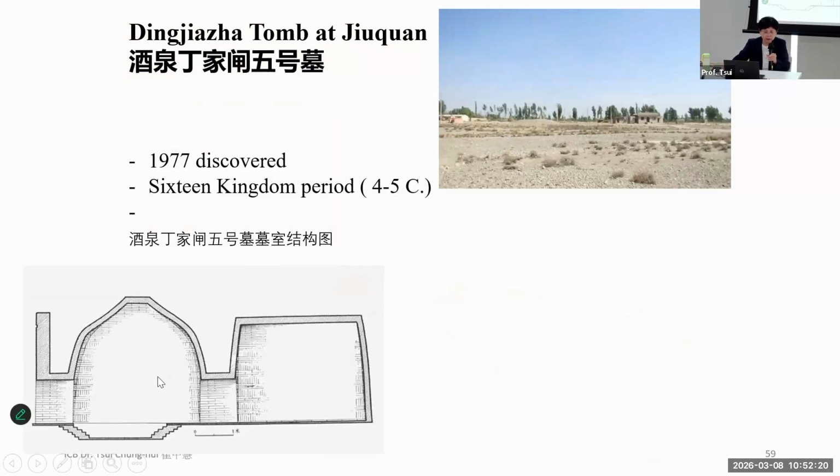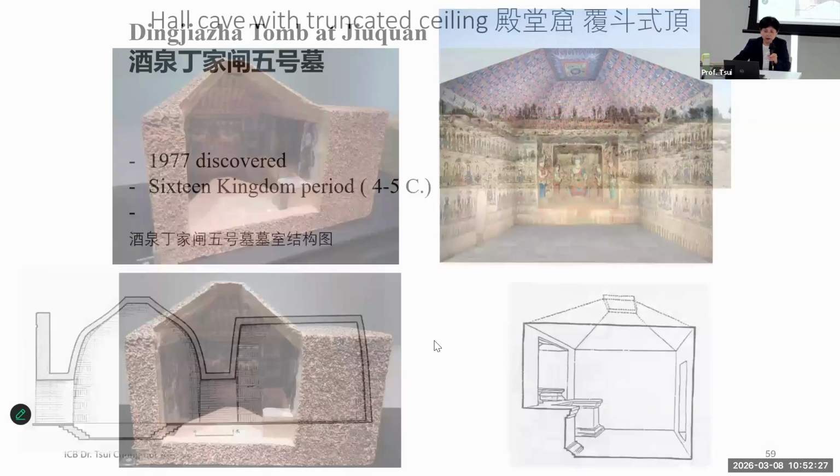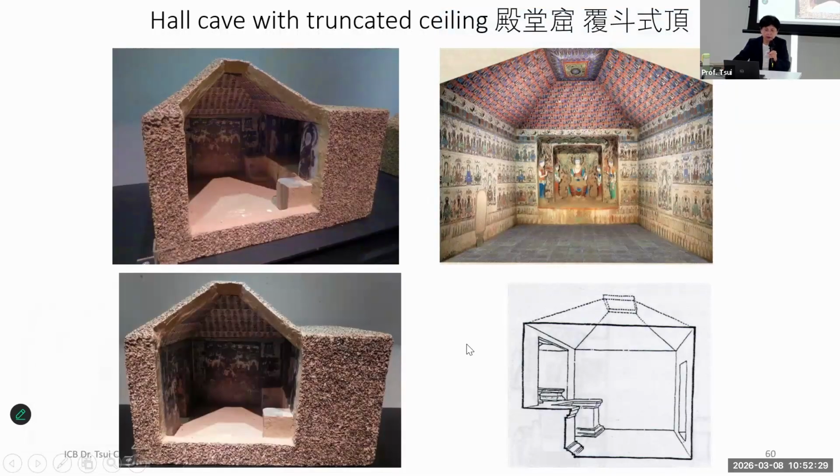It was designed with two chambers, the frontal chamber and the back chamber. So the architecture was later assimilated into the cave temple in Dunhuang. This kind of truncated ceiling design is different from the caves in India. That is the local culture in Dunhuang. So the cave design with the truncated ceiling,